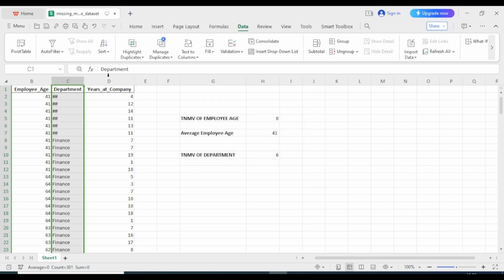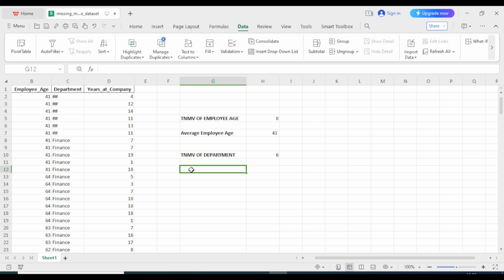So now we can see the missing values we have here. So for us to find the mode value, because it's actually the mode value that we'll use to replace those missing values with,